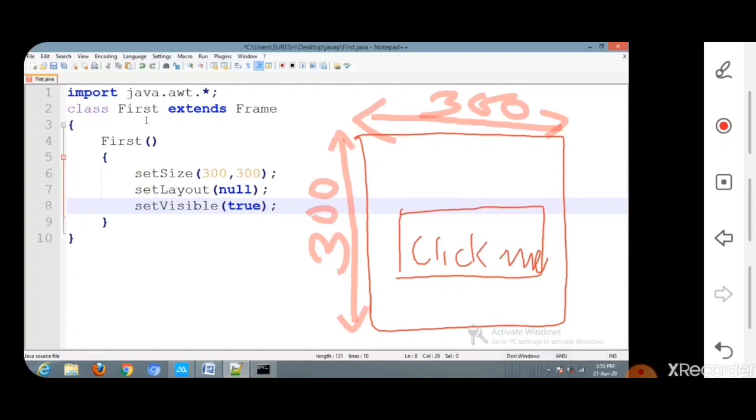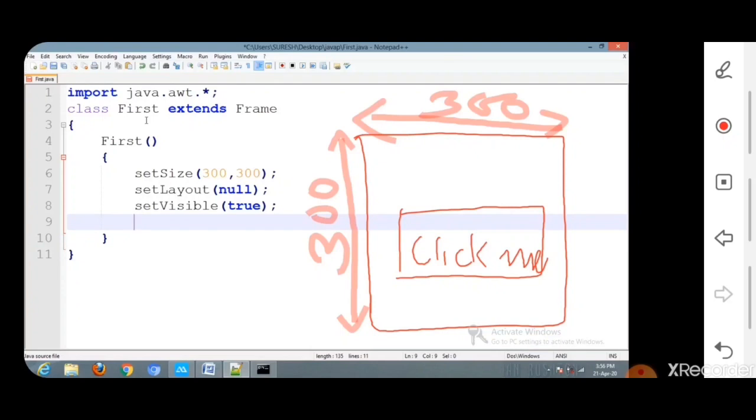If we do not specify or define this method, it will by default be treated as 0, that means false. setVisible has one parameter which is of Boolean type, so we have to specify the parameter as true. Otherwise by default this method will take the parameter as false.